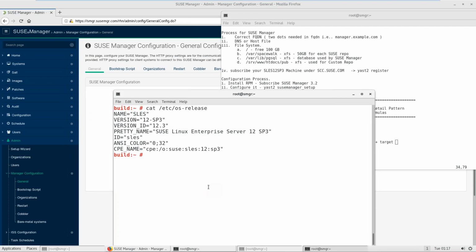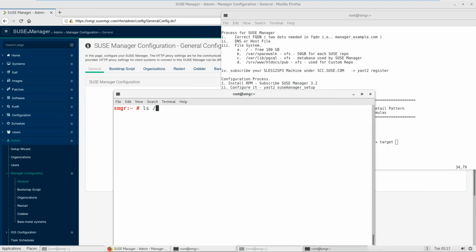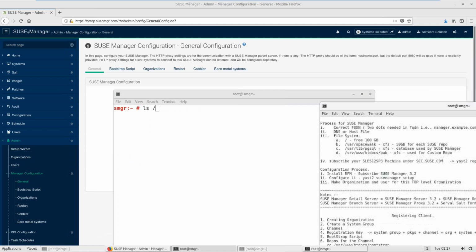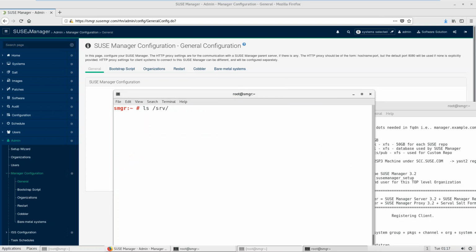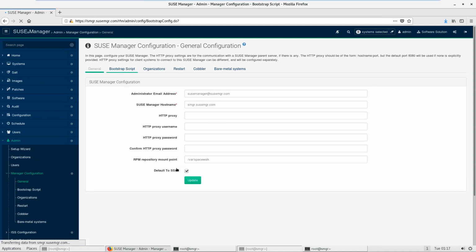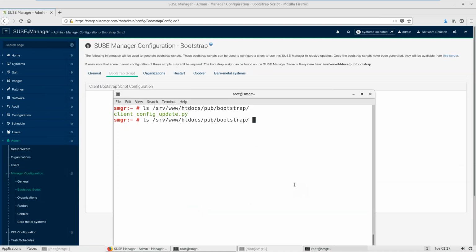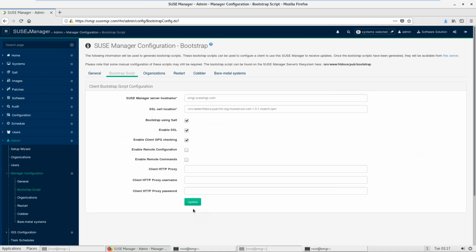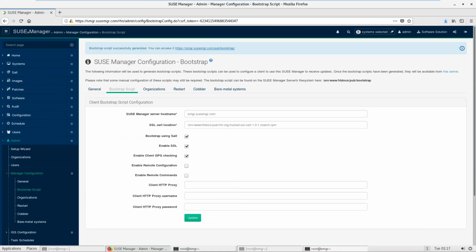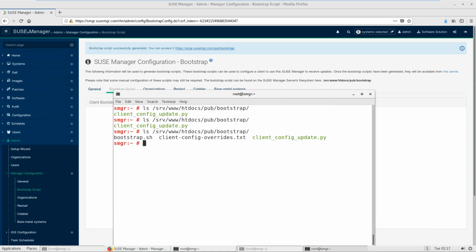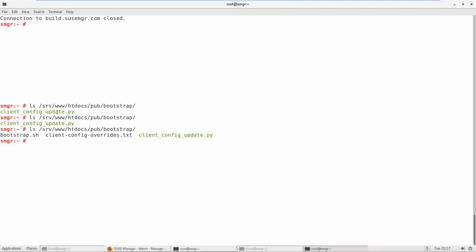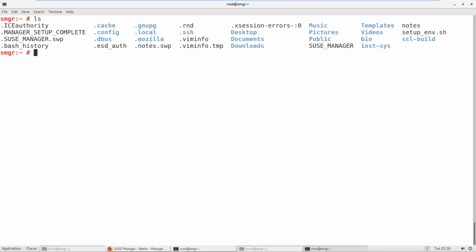let me show you something interesting here. If I go to this location, which is srv, this one, and then we have pub and bootstrap. You can see here I have only a single file, but once I click on this update option, two new files get created. So you can see, click on update and the file is created, right? Now it is time to update this